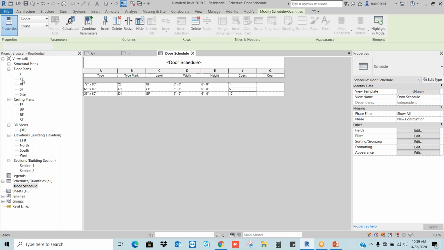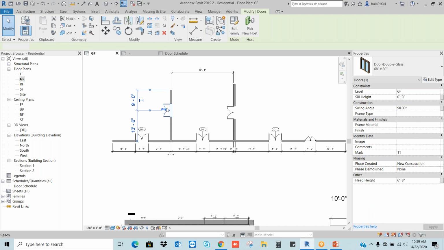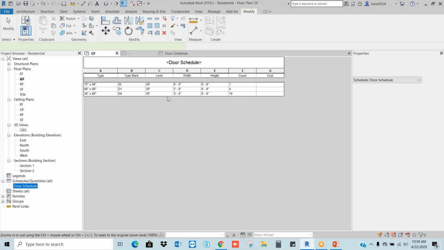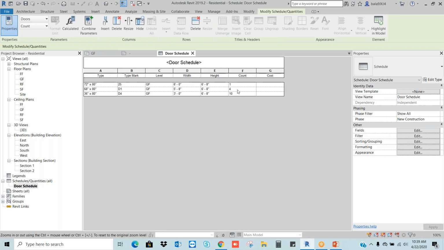Let's say for example I delete one door from here. Now it's 4 doors. Automatically it will get updated. No need to calculate manually. This is the advantage of Revit. You will get the automated bill of quantities.